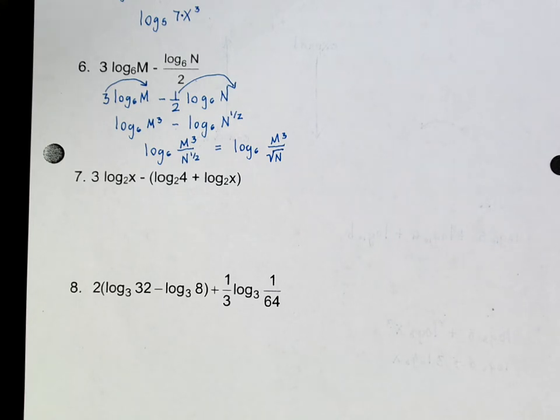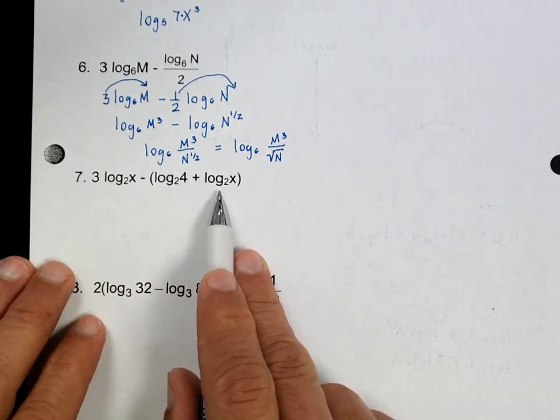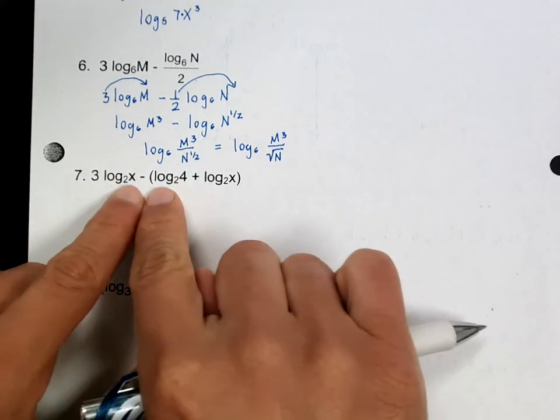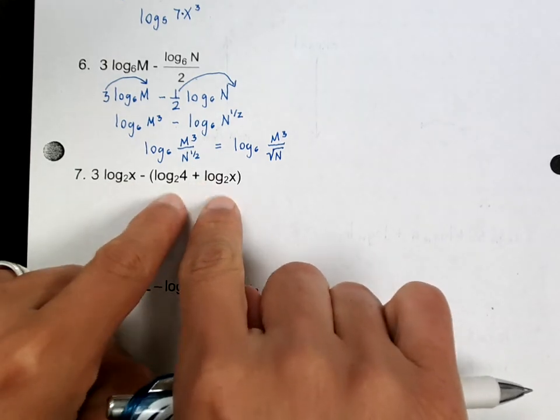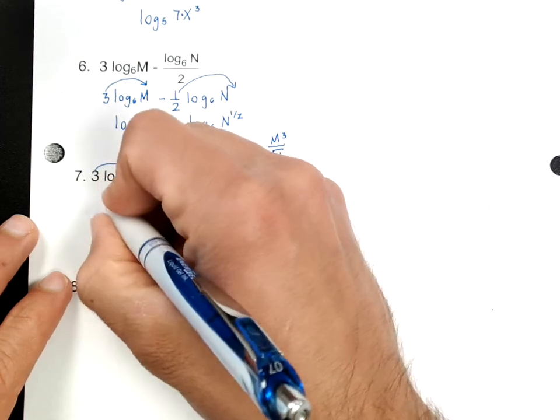Okay, on problem 7 and 8, you're going to do the parentheses, what's inside the parentheses, first before you go on and do anything else, all right? So don't try to combine those 2 right now. You got to do that part first. So I'm going to bring this 3 up. So I have log base 2